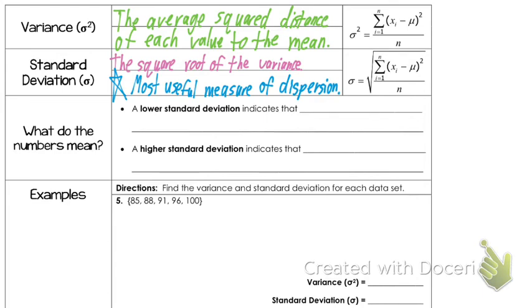Now, why do these numbers matter? Okay, well, we were just talking a little bit about that a moment ago, right? With variance. Okay, with the mean absolute deviation, the MAD. Okay? So one reason is a lower standard deviation indicates that the values